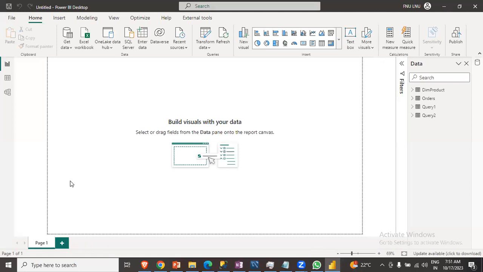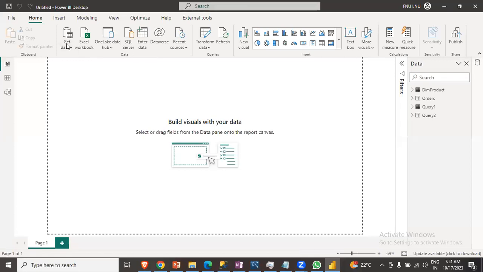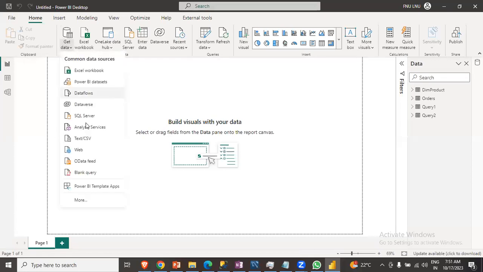Let's say if there are any websites from which we can download the data without any access problems. If the table access is free from that website, you can then get the data from the website as well. So let me try showing that to you. Let me check if this particular website is free, in the sense you can get the tables from that. Okay, so the way to go is, again, you need to go to get data, and you need to